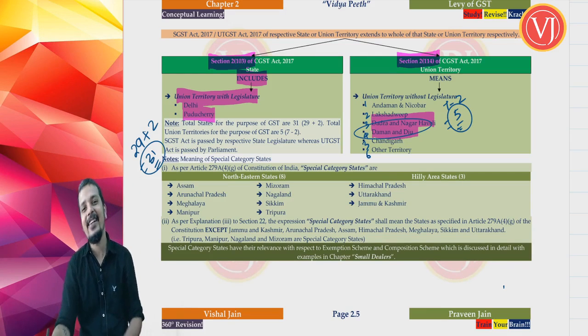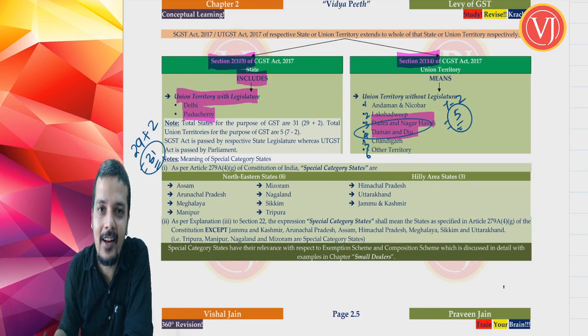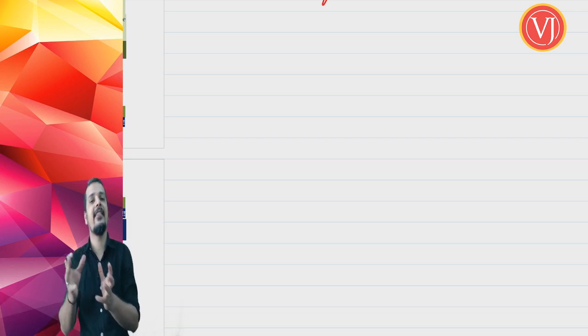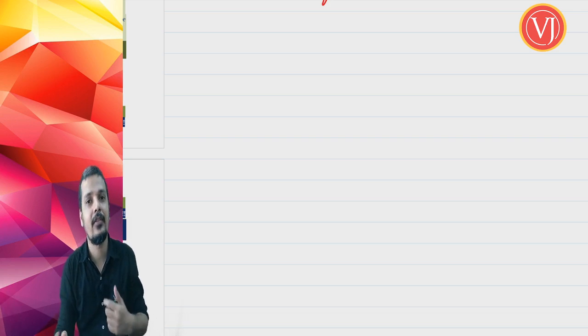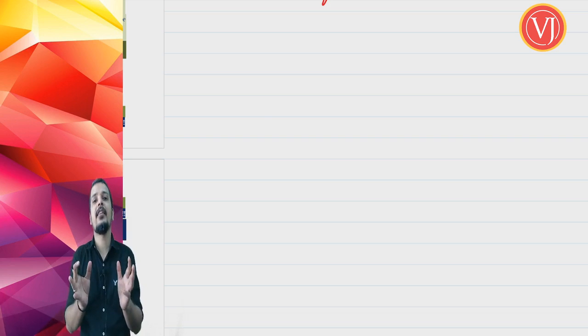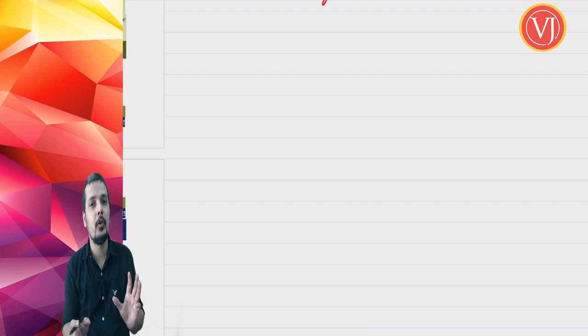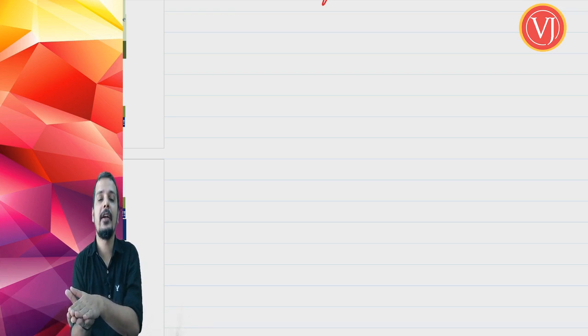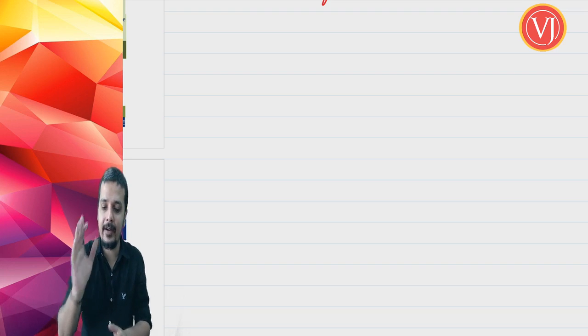Now my friends, even if you try to merge Dadar and Nagar Haveli and Daman and Diu, even then the answer will be the same 5. Now I'll tell you how. Let us assume that tomorrow ICA clarifies that Jammu and Kashmir has to be read as 2. So this discussion for the next 5 minutes that we are having is with an intention that if at all ICA clarifies the applicability of Jammu and Kashmir state into 2 union territories, one with legislature, one without legislature, and the merger of 2 union territories, Dadar and Nagar Haveli and Daman and Diu, the end result will be the same.